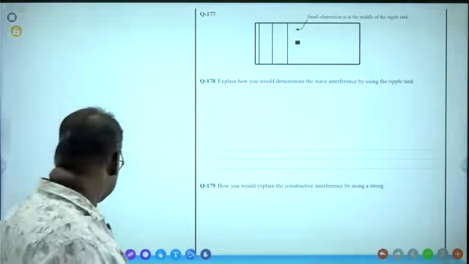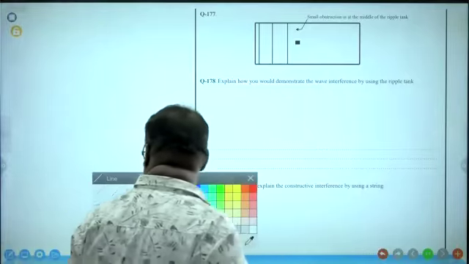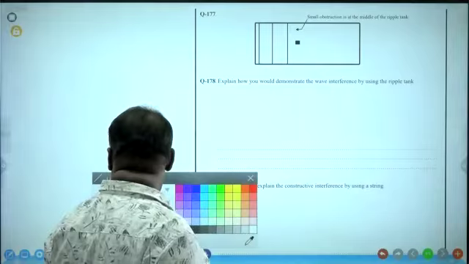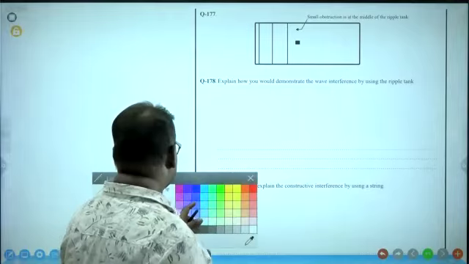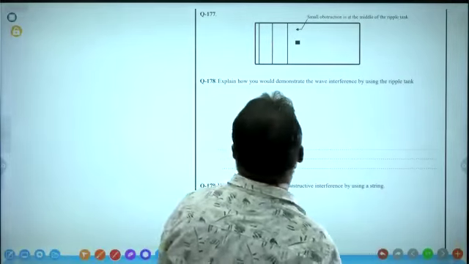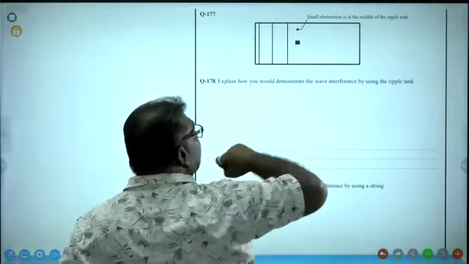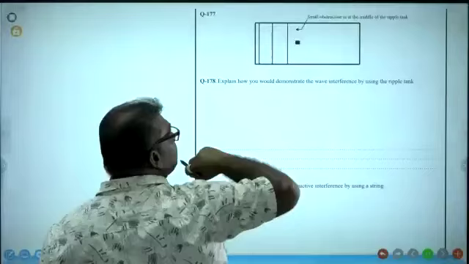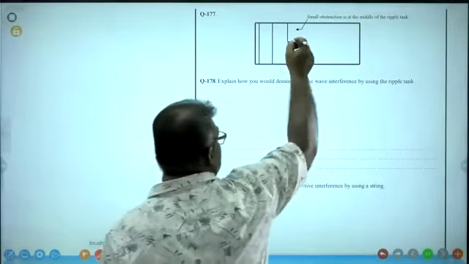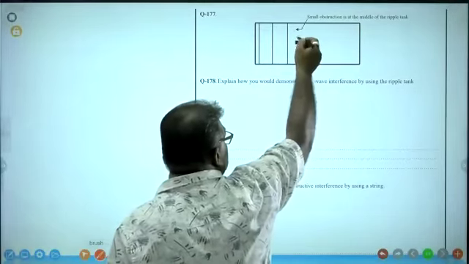Here wave fronts are coming like this, no? And they are hitting. Here wave fronts are hitting on the small obstruction placed at the middle of the ripple tank. Then after collision of the wave fronts with this one,